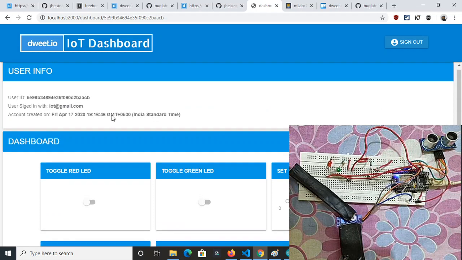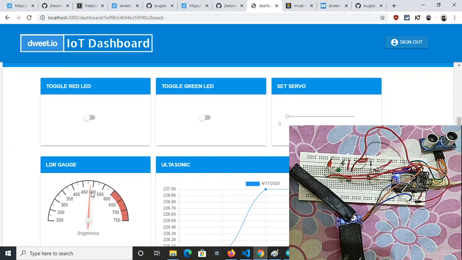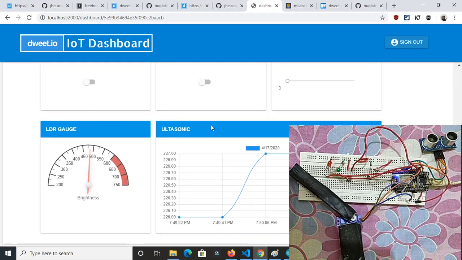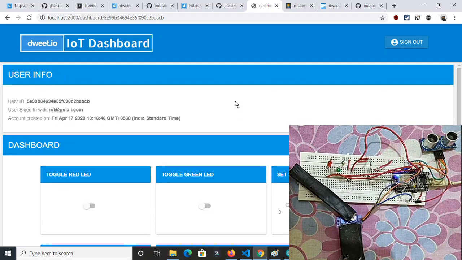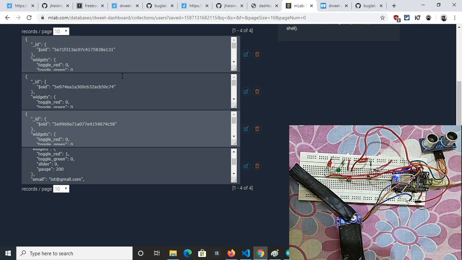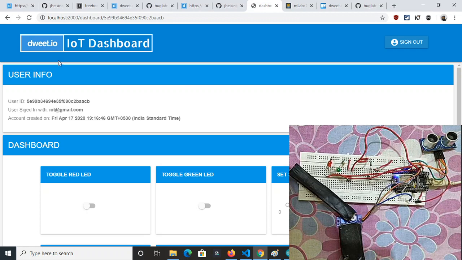The data is around 450 to 500, and the ultrasonic values are these. Let's check this database. Yeah, now the values are updating correctly, and the initialization also works fine.